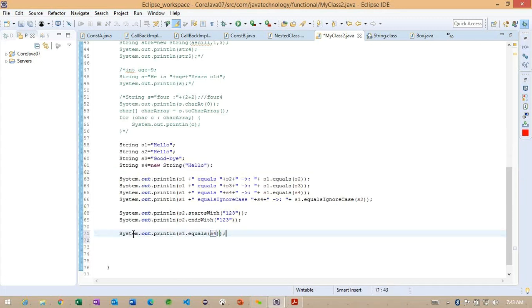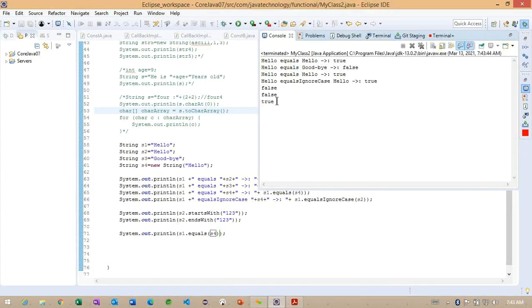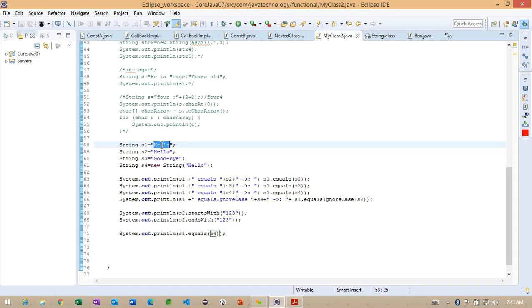But make sure, for this sysout at line number 71, what value are we going to get? We'll see, because the objects have the same content, but the way of creating the object is different. Now you can see the last one returning true. What you understand is that the equals method is going to check the object comparison. Whatever the objects in both cases, S1 and S4, if both objects are the same, this method will return true.